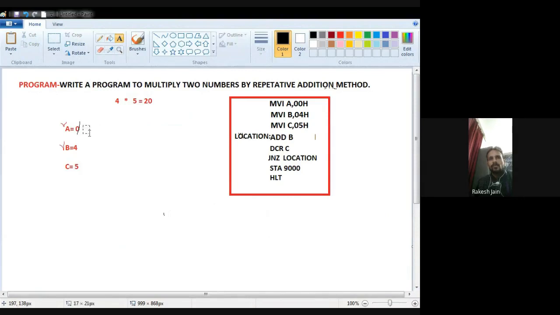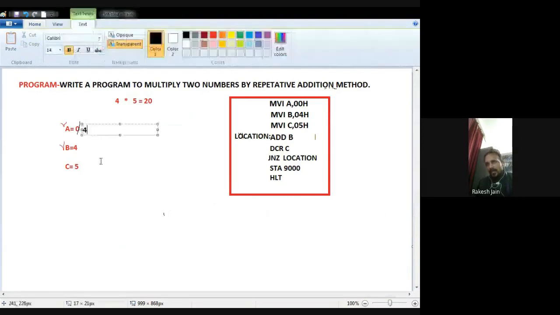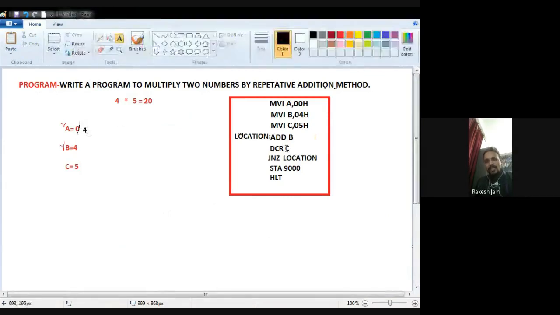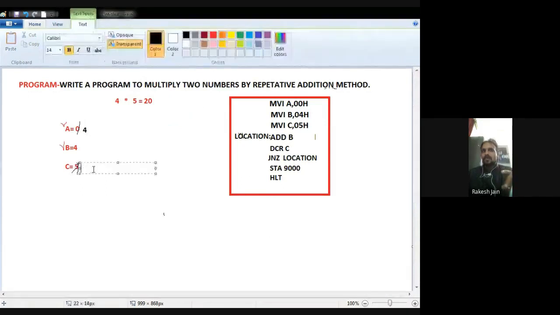The result will automatically move into A, so now the accumulator content will be equal to 4.